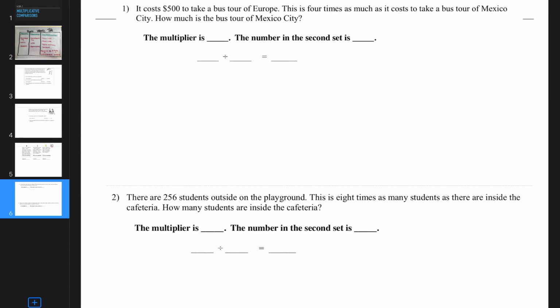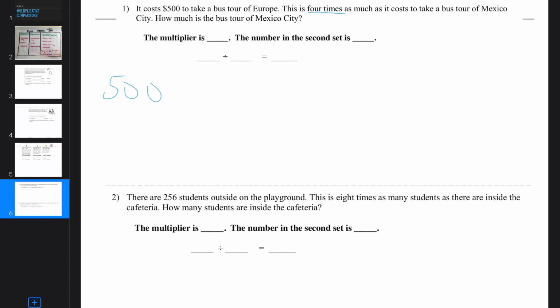Number 1, it costs $500 to take a bus tour of Europe. This is 4 times, there goes a buzzword, as much as it costs to take a bus tour of Mexico City. How much is the tour of Mexico City? Well, I know altogether it costs